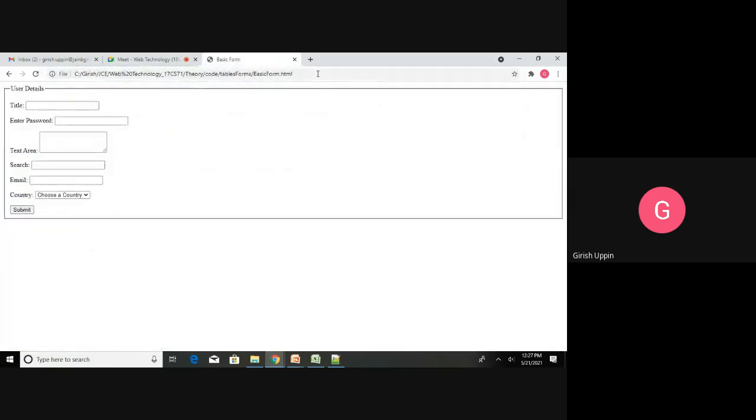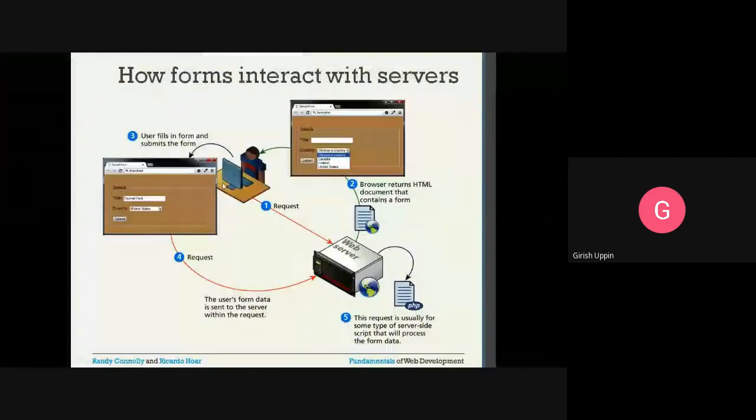This is the request going to the server. Right now in my example, this is not making a request to the server, it is just a local folder. Whenever you host this HTML on the web server, you request that HTML, the request will go to the web server, and the web server will respond.